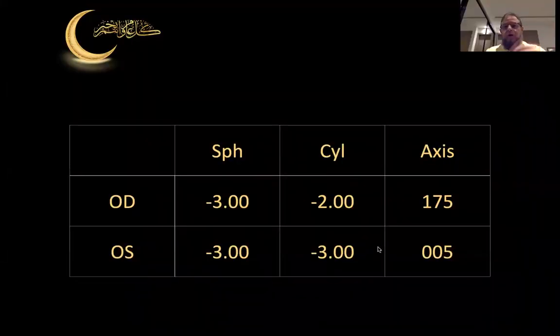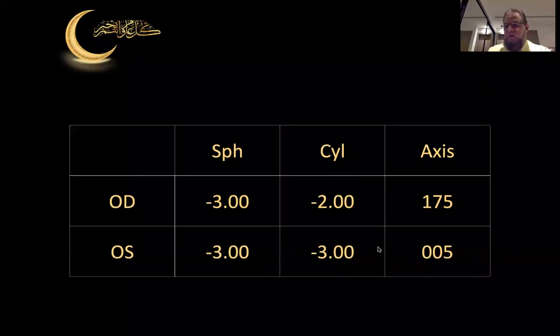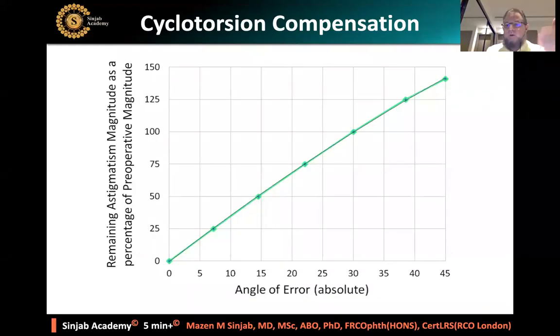Okay. Now, as you see, the patient has high astigmatism, -2 in the right eye, -3 in the left eye. So for sure, we have to go for cyclotorsion compensation. I do cyclotorsion compensation in every patient having 1.5 astigmatism and above, in order to avoid any residual refractive error. Because as we know,